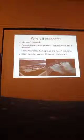Why is this important? There's a lot of research on what dams do to fish. There's a lot of research on what pollutants do to fish. But there's enough of that research that I think it's time to look towards how they interact: what do dams do to pollutants to change them, and, to a lesser extent, what do pollutants do to change the dams' effect on fish. And this is especially important because dammed rivers are often polluted, and polluted rivers are often dammed. In fact, rivers are often polluted because they're dammed,